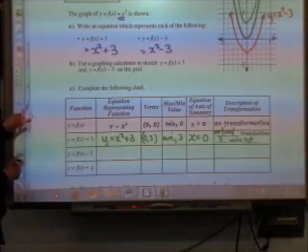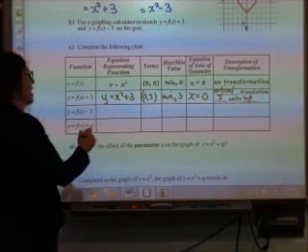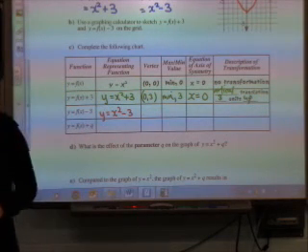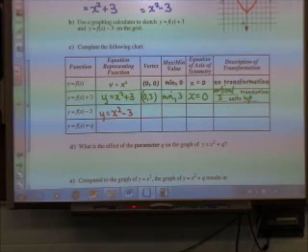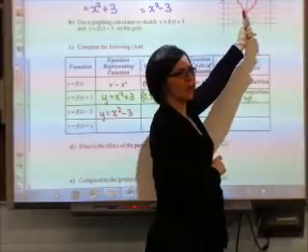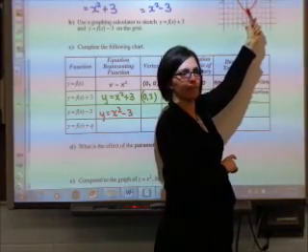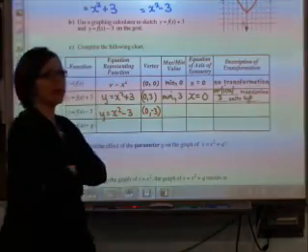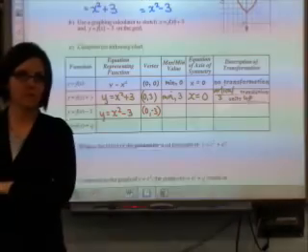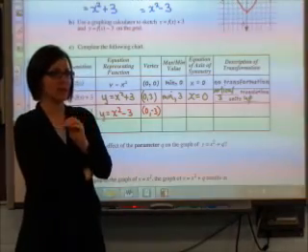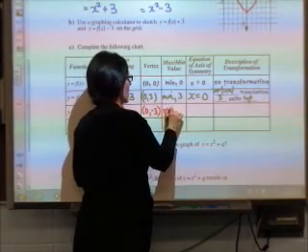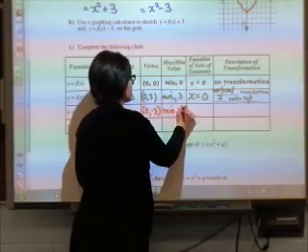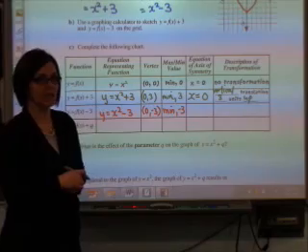Now if I look at the graph in red, I have y equals x squared minus 3. Where's the axis of symmetry in my red graph? Does this have a minimum point or a maximum point? It's a minimum again because it has a low point. The minimum this time would be equal to -3. The equation of the axis of symmetry